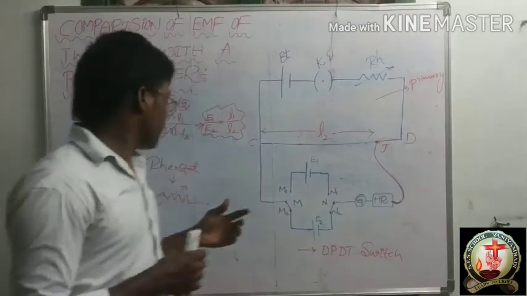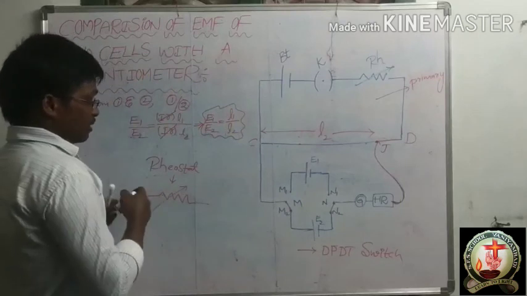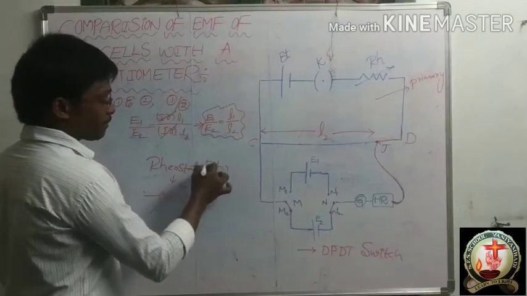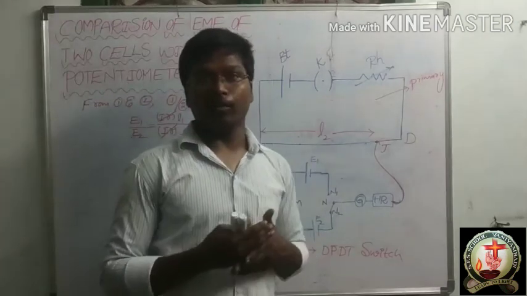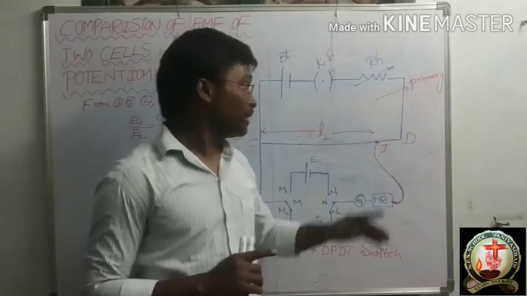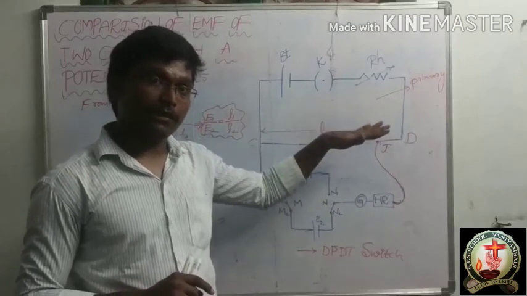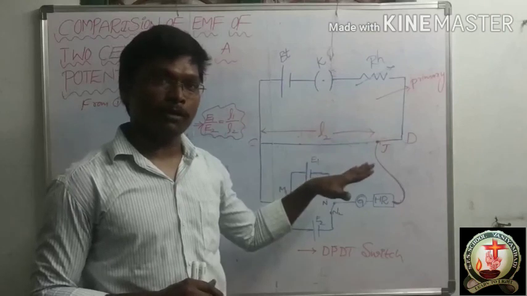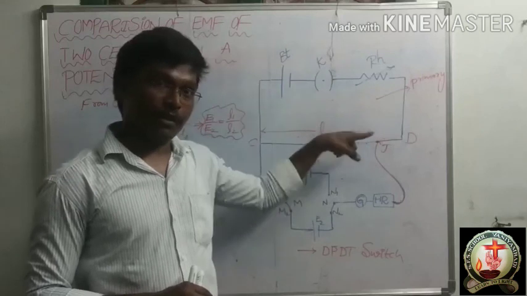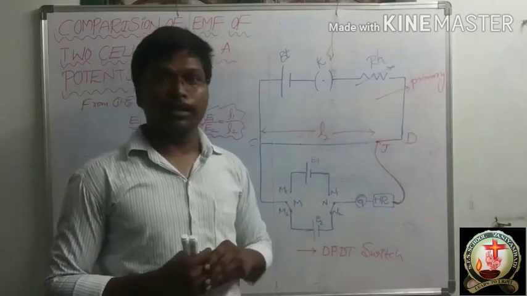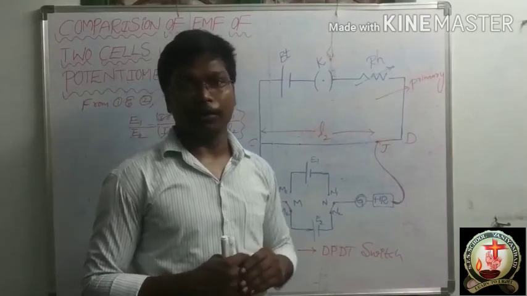Please remember this one. This is the rheostat symbol, and we can denote the rheostat as RH. I hope you understood the class. If you have any doubt after watching the video, please ask. Just remember till here what I told about the rheostat. This concept is very, very important. While watching the video, please watch carefully. If you have any doubt after finishing this, please ask. Thank you.